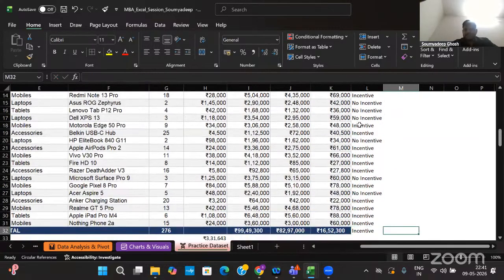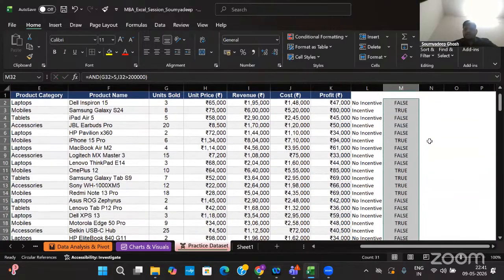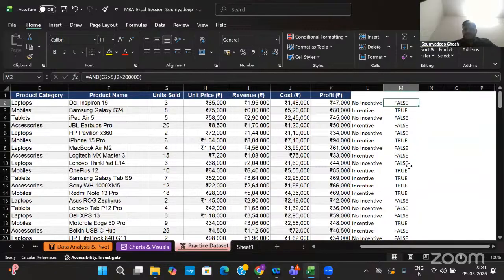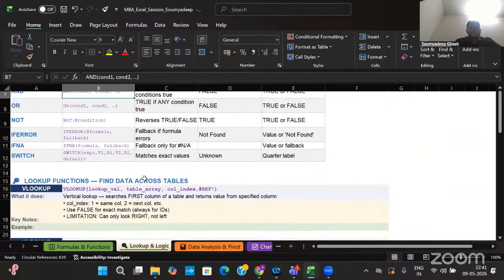That's why it is saying false. You can see this has failed. And for this particular employee, they are selling at least more than 5 units and their revenue is also more than 2 lakhs. That's why it says maybe promotion eligible or something. In this way, we apply these basic shortcuts and formulas.